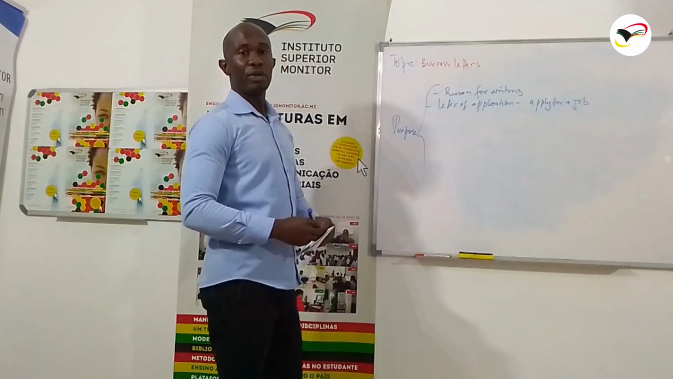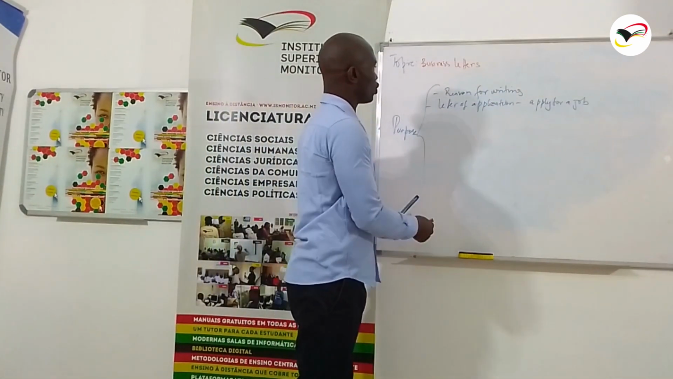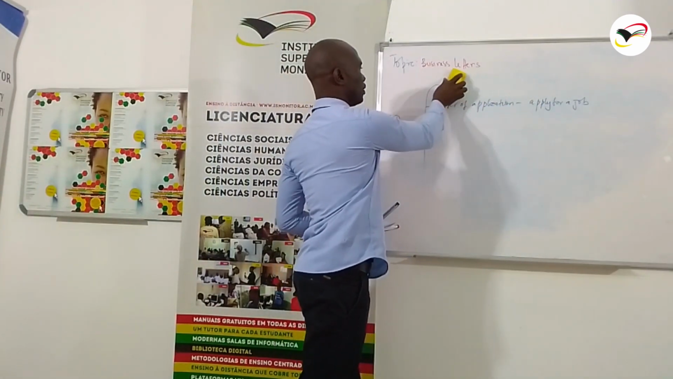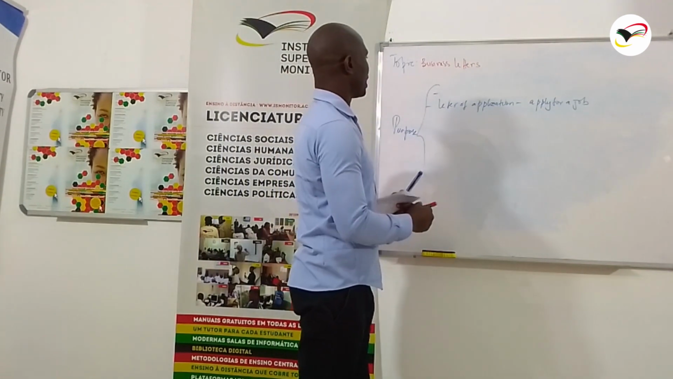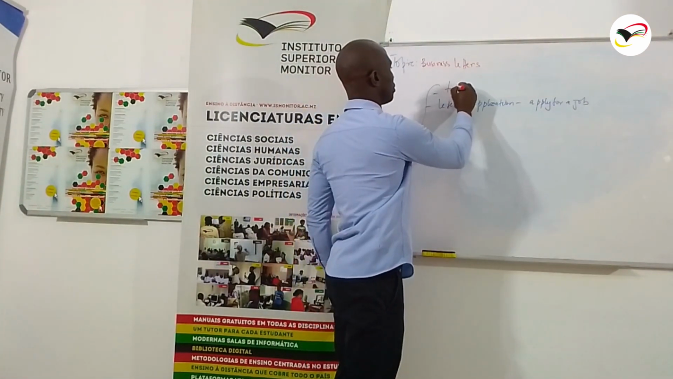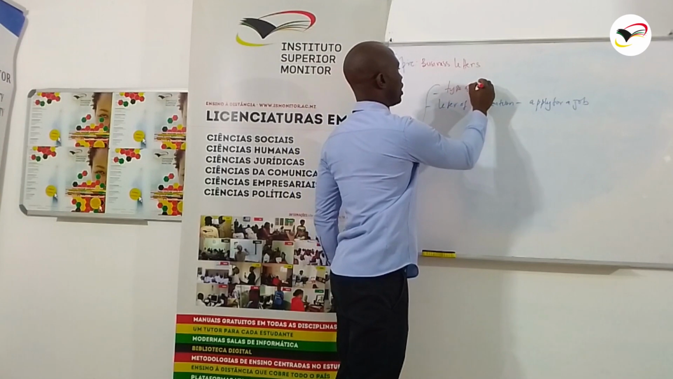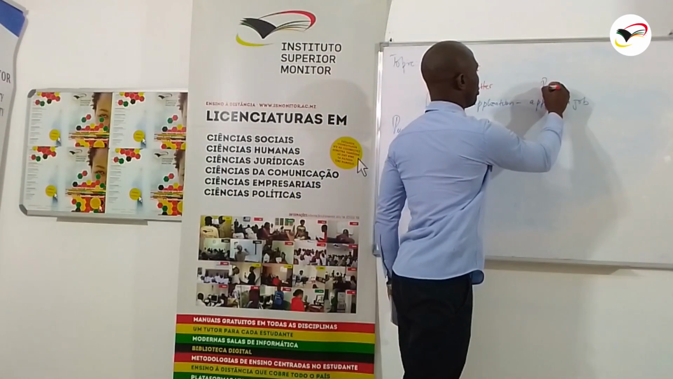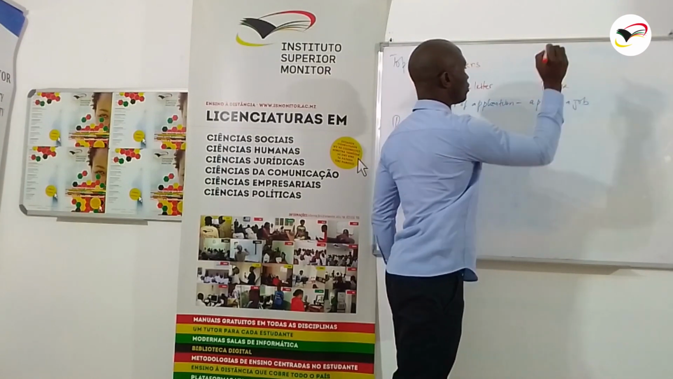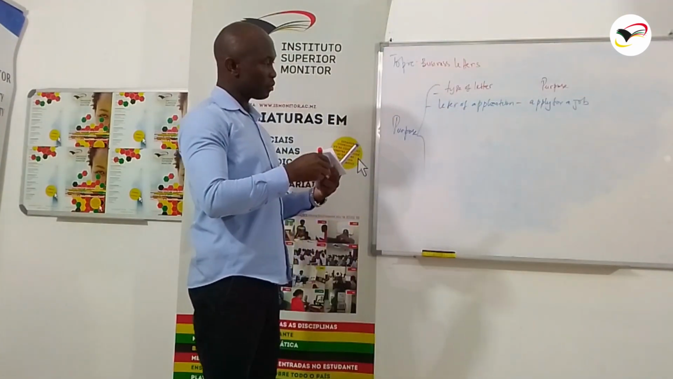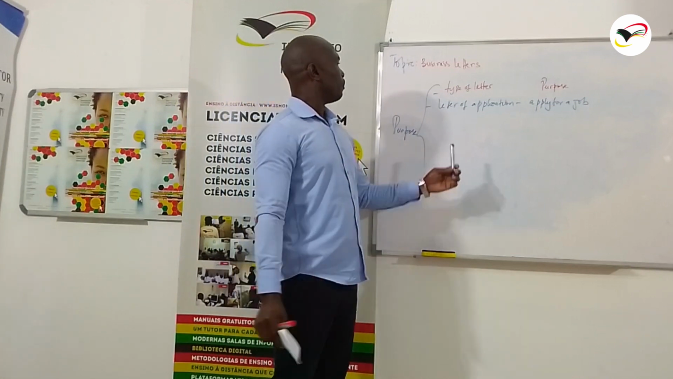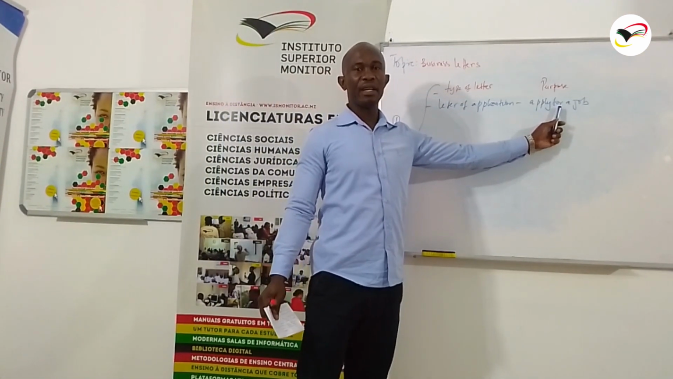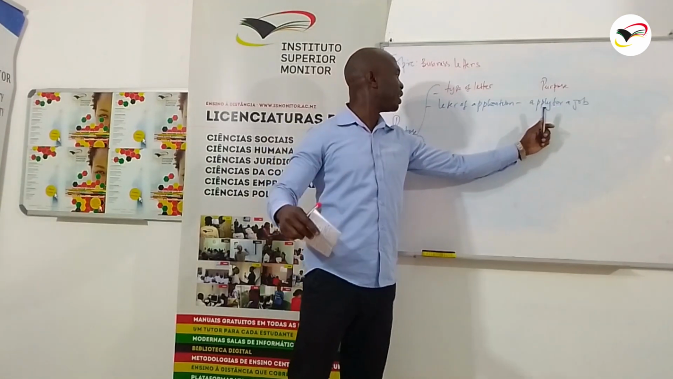When the purpose is to apply for a job, we can remove this. We can add here the type of letter, and here we can have the purpose. So, if our purpose is to apply for a job, then the type of letter we're going to write is